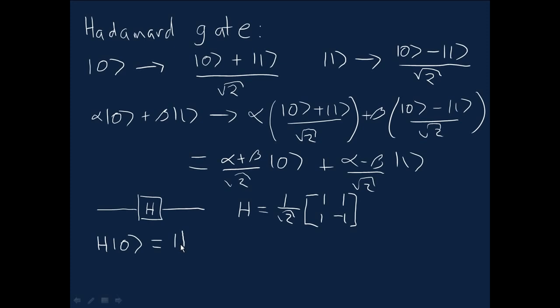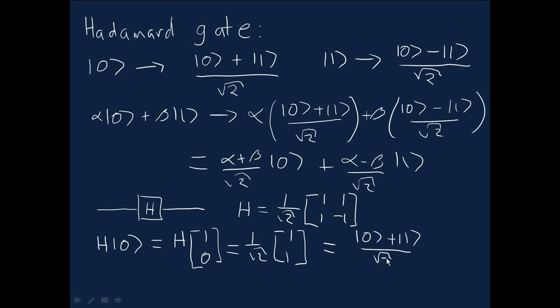That's H. And then the 0 state is, of course, the 1, 0 column vector. When we multiply this matrix on that particular vector, it just gives us the first column, 1 over root 2, 1, 1, which is indeed the 0 plus 1 over root 2